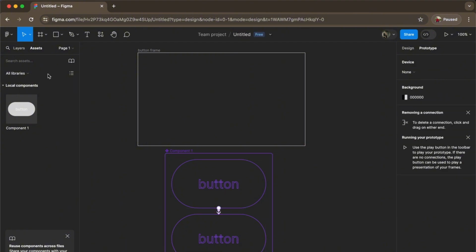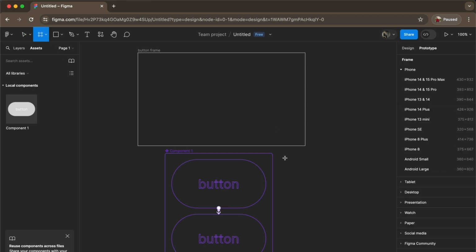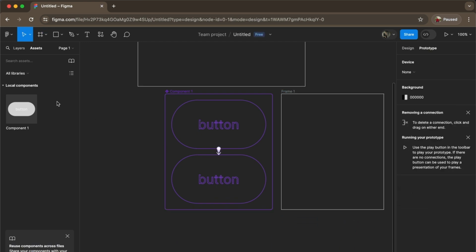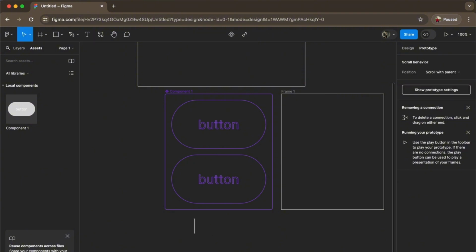What you're going to do basically is create your frame right here for your button, and then all you have to do is make another frame right here, so there. And then you're going to have your text right here. So you have your button 1,